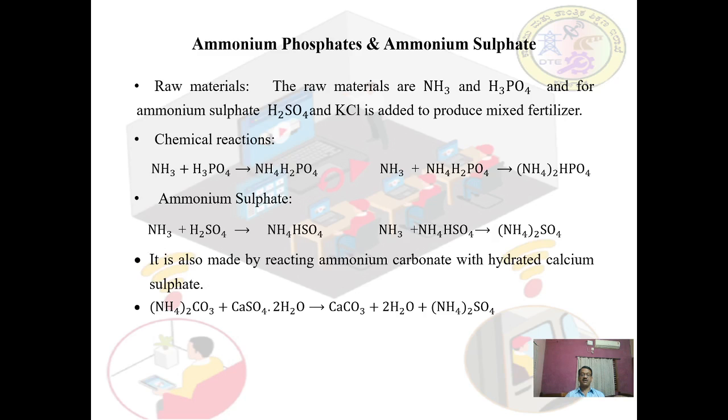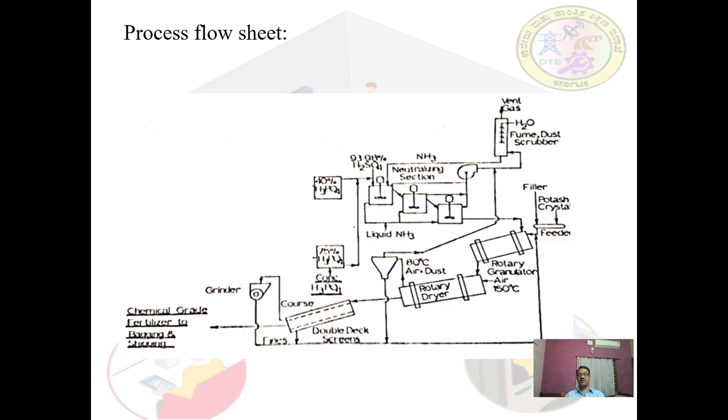Next, we see the flow chart. This is the flow sheet wherein three reactors or neutralizers are used to produce the mixed fertilizer. Phosphoric acid and sulfuric acid are made to react with ammonia, which gives ammonium disulfate and ammonium diphosphate. These are taken out from the last reaction tank and mixed with potassium crystals, that is potassium chloride